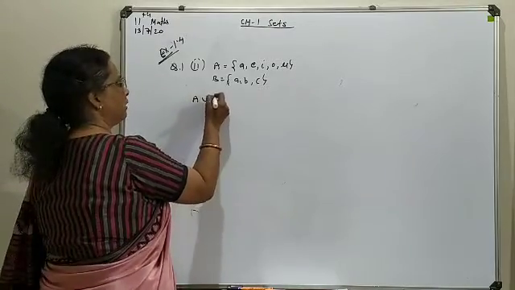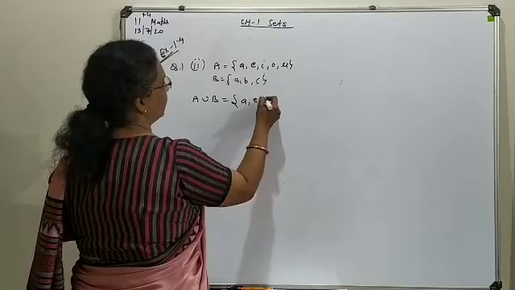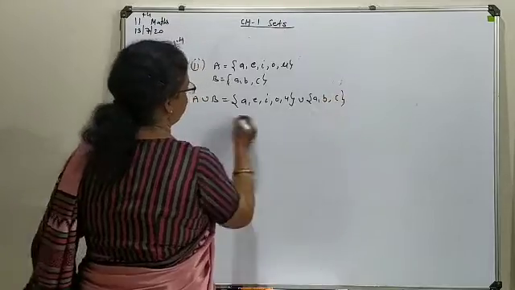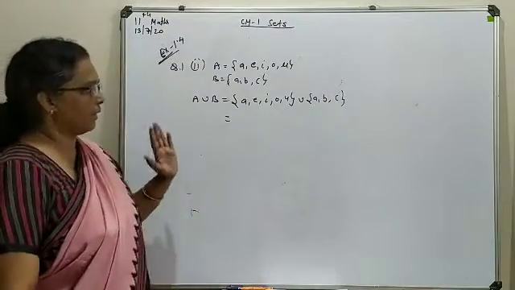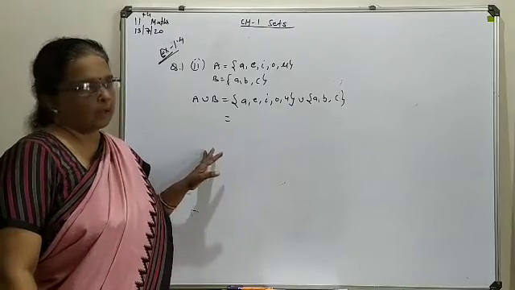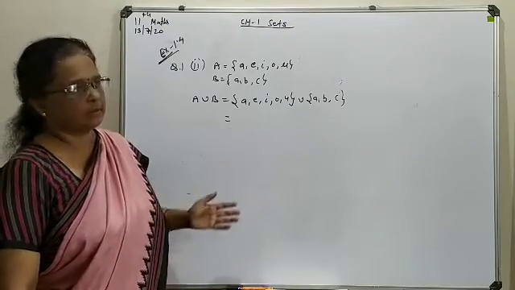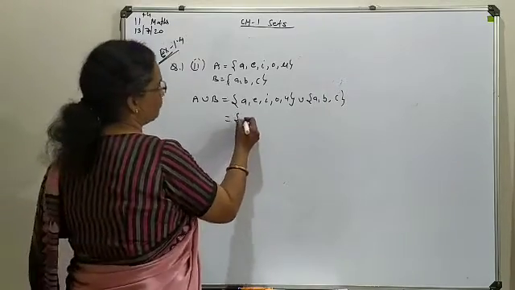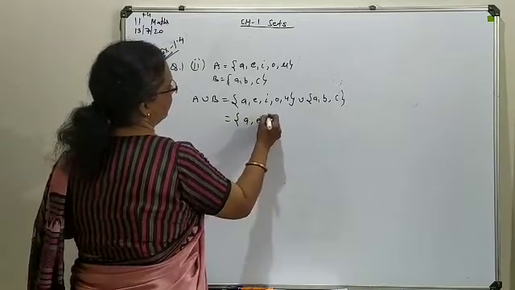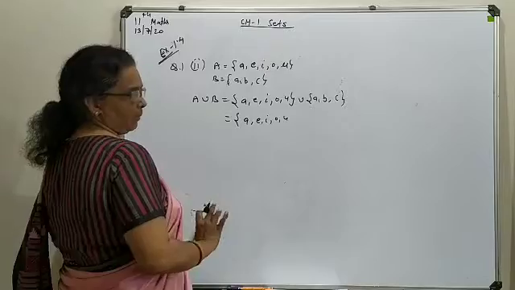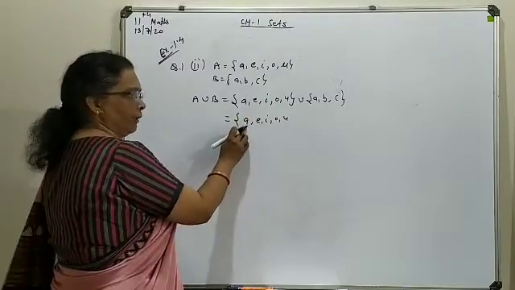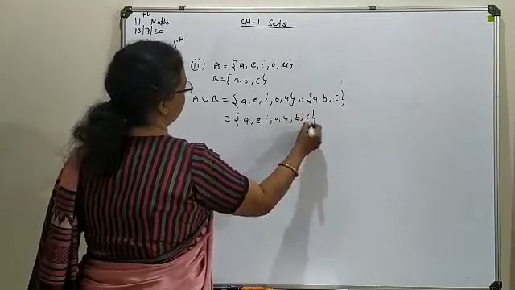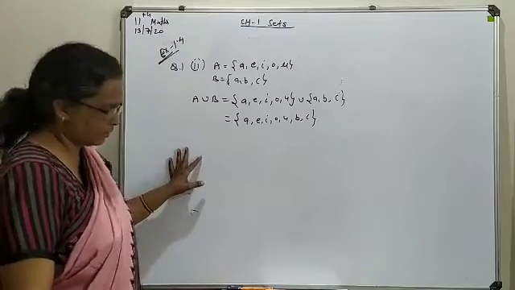Now, A union B we will write by first listing out the elements of both sets, that is A, B and C. In a union, as I told you, if any element is repeated, copy it once only, and the remaining elements you write in a common set form. So let's start with set A: A, E, I, O, U. These will all come compulsorily. Now move to the second set. A you have already written, so it is not to be written again. Next are your B and C. This way your union will be listed out.